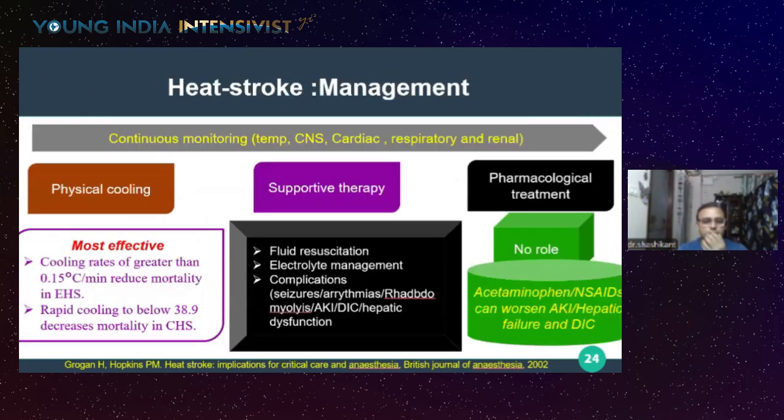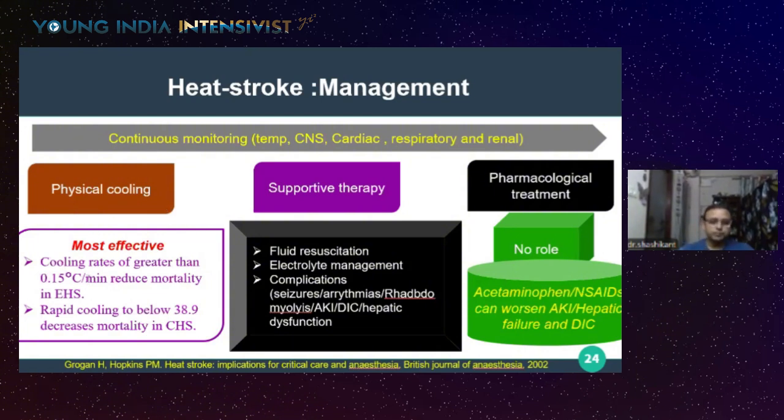So let us come to managing a patient with heat stroke. Apart from continuous monitoring of CNS, cardiac, respiratory, renal, and temperature monitoring, the most important part is to institute physical cooling as early as possible. And it has been shown that it is the most effective intervention in patients with heat stroke,